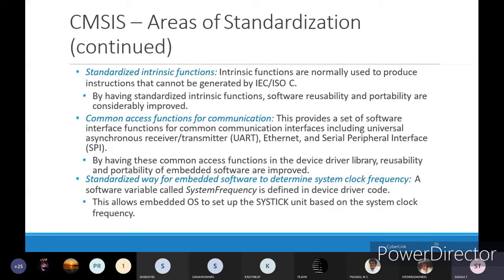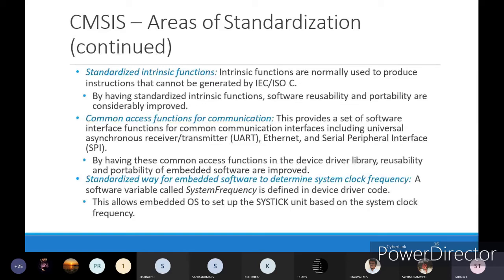By having standardized intrinsic functions, software reusability and portability are considerably improved. Standardized intrinsic functions means if you already have the standard table or library with respect to the instructions, the software reusability and portability will be improved with respect to the instructions.